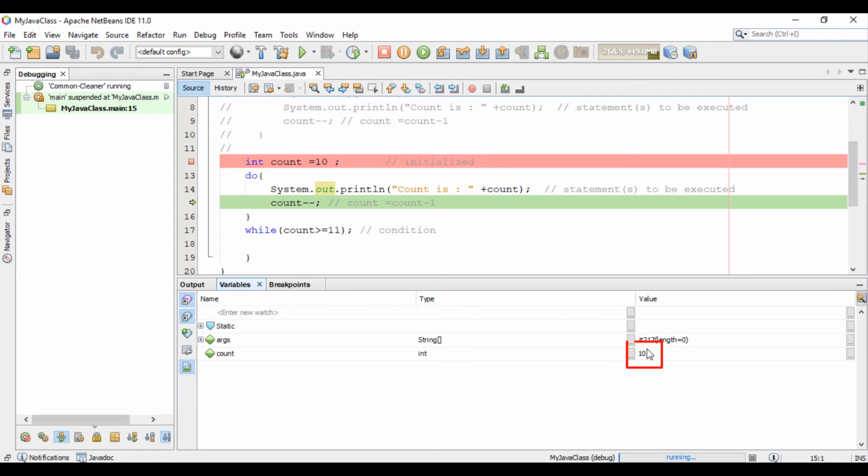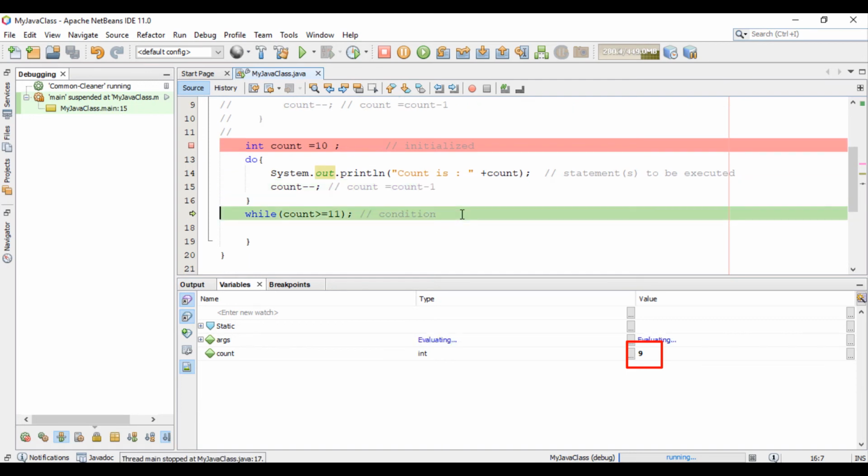Look here. Count is now 10. Value of count is 10, because this line is executed. Now press F8 to go to the next line.